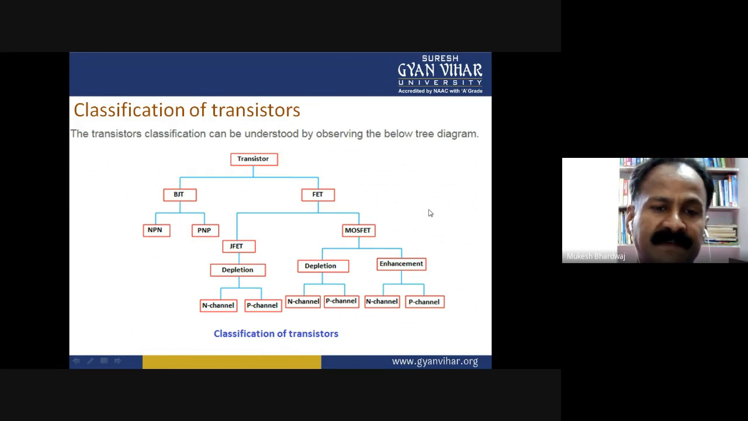So JFET is only on the basis of depletion and is further categorized into N channel JFET and P channel JFET. Whereas MOSFET is under depletion and enhancement type. So under depletion, it is N channel depletion type MOSFET and P channel depletion type MOSFET. Whereas in